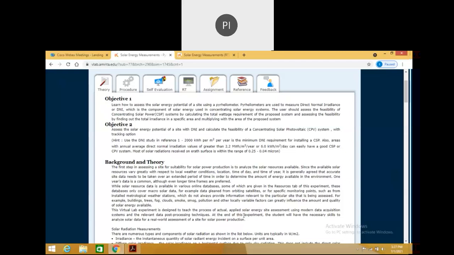So, in order to place a thermal power station, a solar thermal power station or